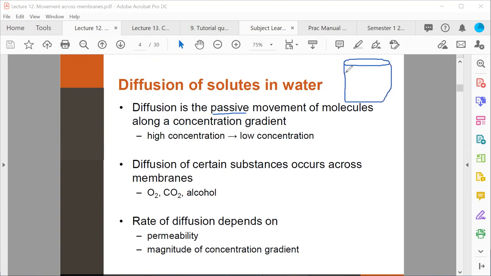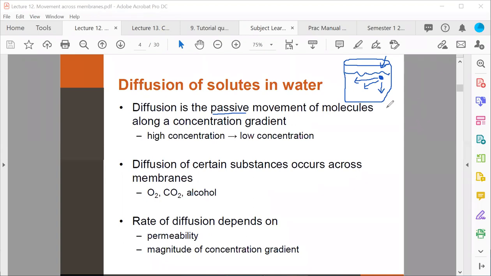Take a container of water, and we're going to place a single drop of dye into that water. Of course, this drop of dye represents a region of high concentration of that dye, and if you just leave it there, you don't agitate it, you don't stir it, you don't heat it up, eventually those dye molecules will start to disperse, and they'll continue to disperse until they're evenly spread throughout that